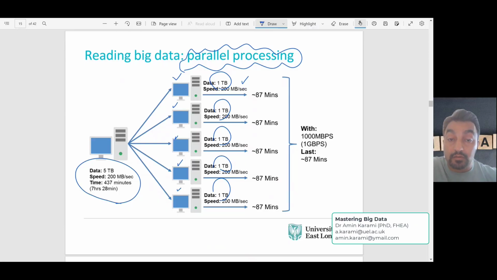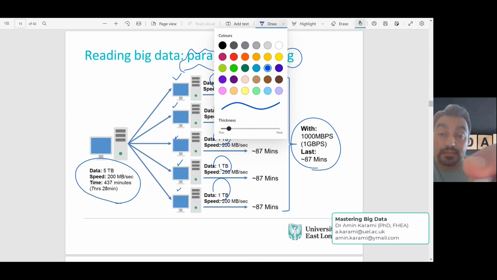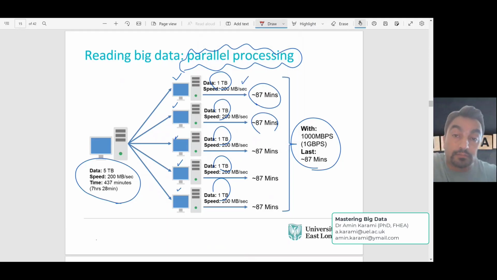If you calculate the time taken to process 1 TB of data, let's say you have enough resources to handle CPU and memory, again it takes about 87 minutes. Since these are running in parallel, the total time is going to be 87 minutes. It seems nice, because the only technique that you can handle big data is parallel processing. But there are really some